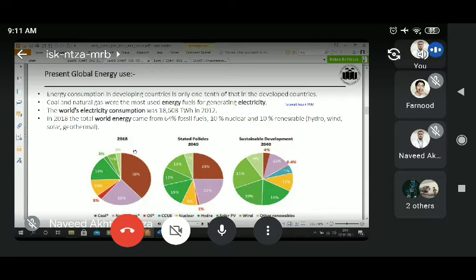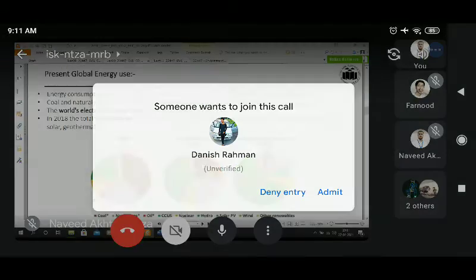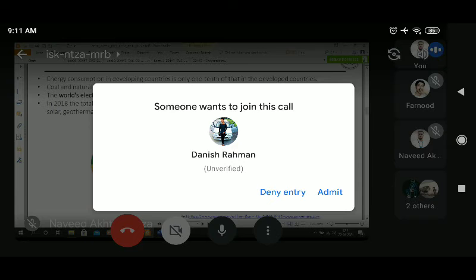So energy consumption in developing countries is only about 10% of the energy used by the developed countries. Coal and natural gas were the most used energy fuels for generating electricity. So here below you can see the